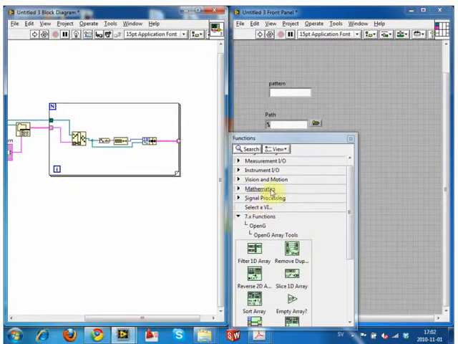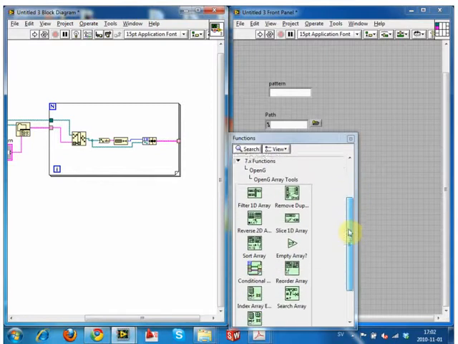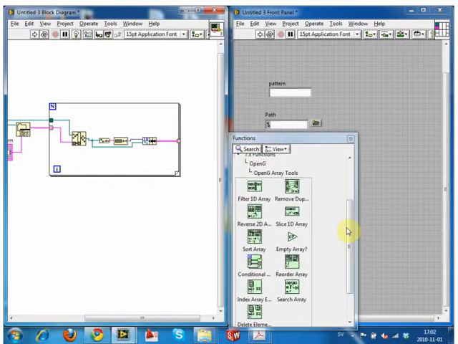So, one thing that you'll see is I have all these other ones too. It's not in here. So, one thing that there is with LabVIEW is there's quite a big